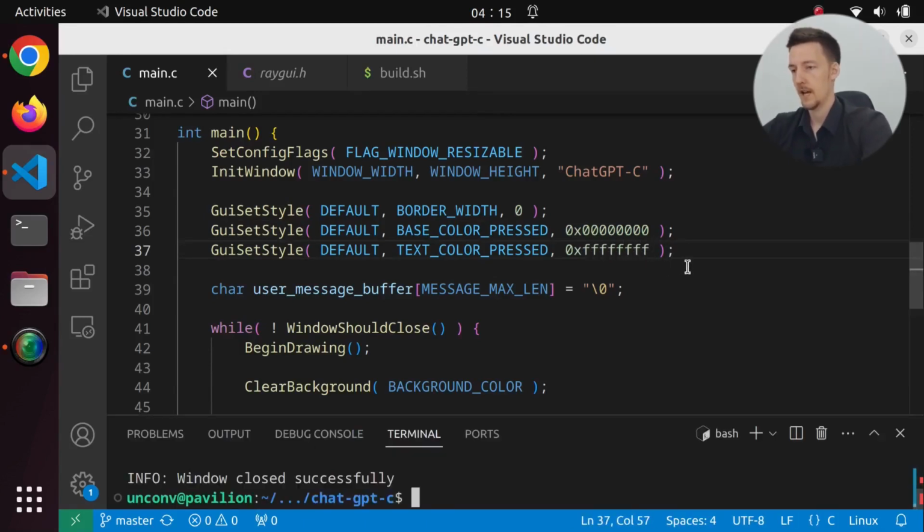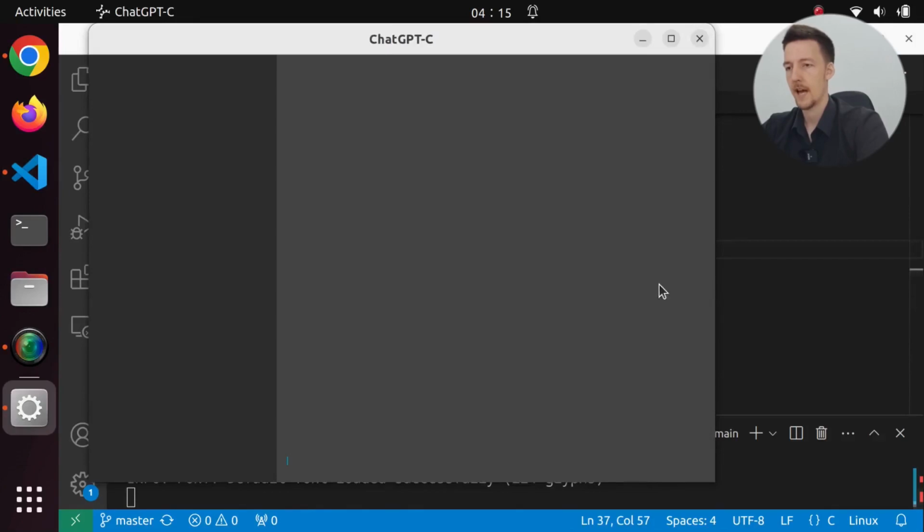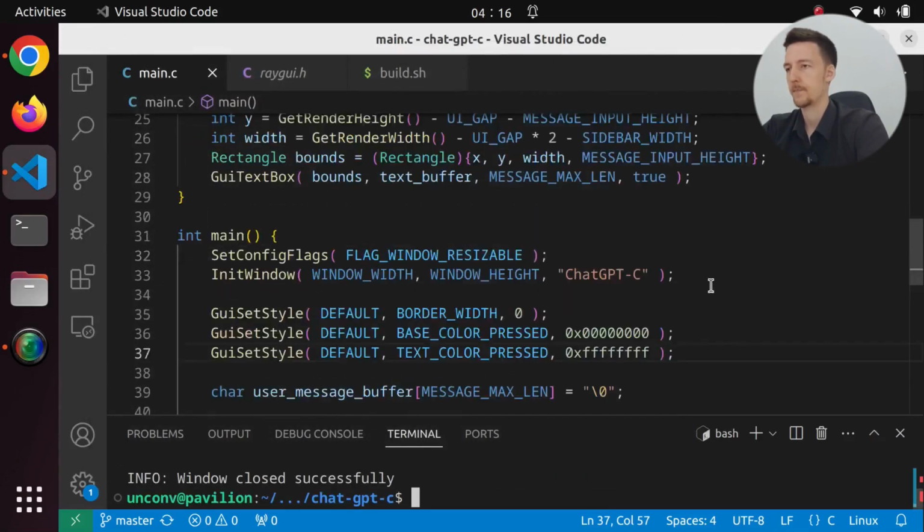So let's build and run this. And we still have the cursor here. And the text is very tiny, but it is on a transparent background, and we have a white color for the font. Now this is very weird about raylib, that when I hit backspace, it removes everything. I'm not sure what is going on there. Or should I set